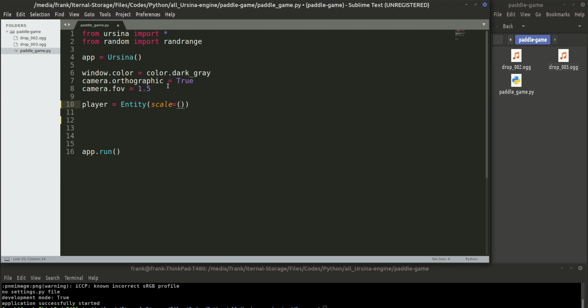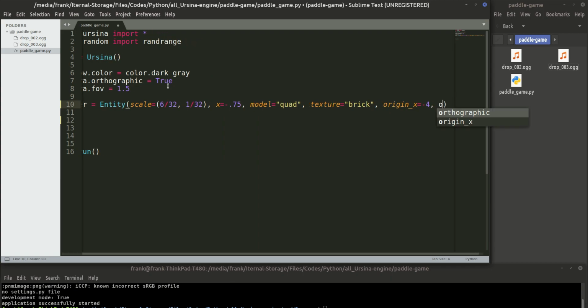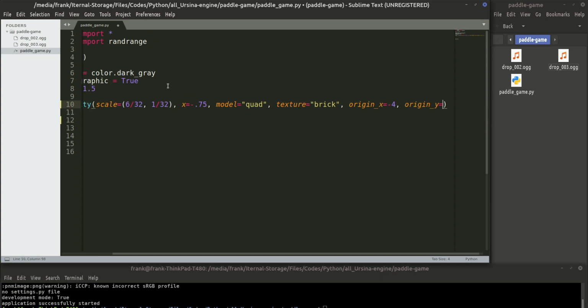Scale equal 6 of 32 and 1 of 32, and here the x equal, I played around with these numbers before, so then the model will be quad, and texture equal, let's make it brick, the origin_x equal -4, and origin_y equal 14, and the new thing is the collider equal